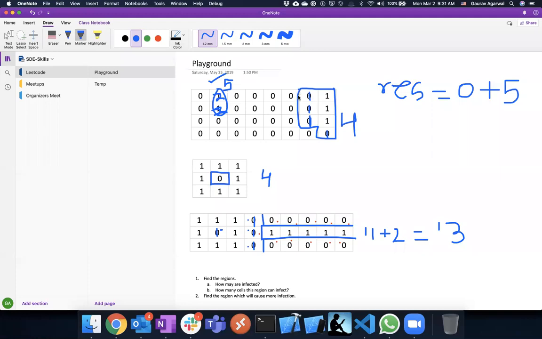So this can infect only 1, 1, 2, 3. This one can infect this 4, and also this one. We don't need to count the duplicate walls, and then this one. So we created 5 walls here. 5. This comes to 10.